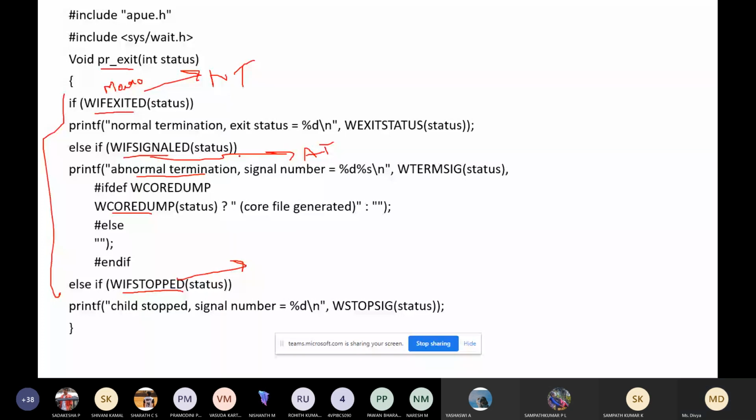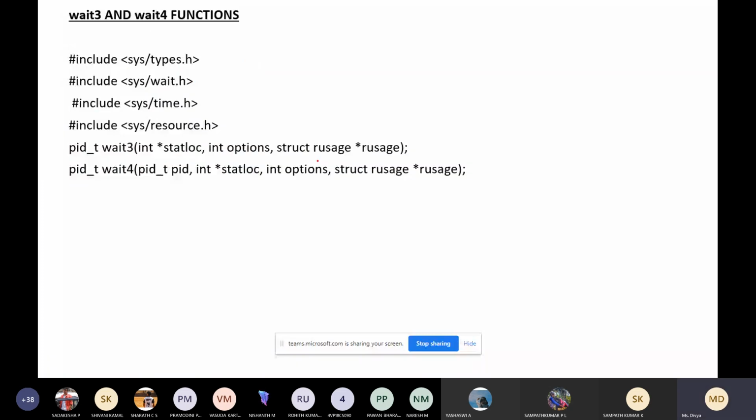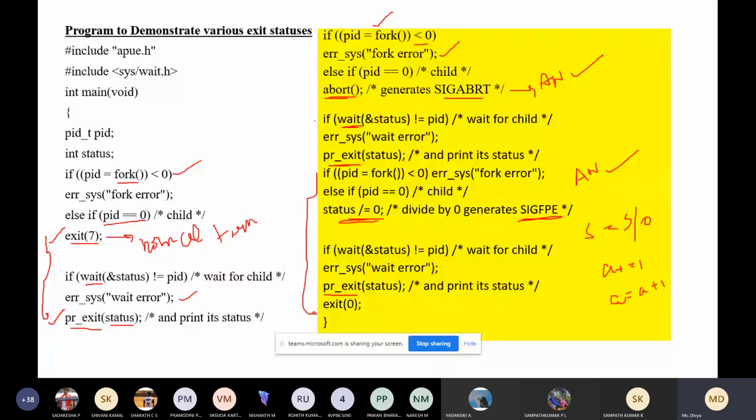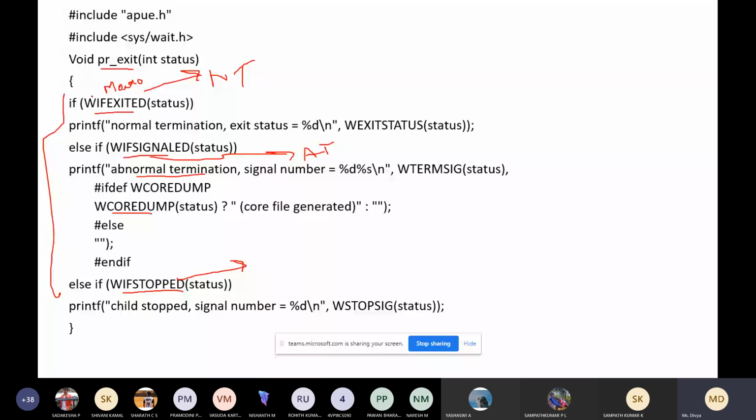So I can see here. So here we are doing normal termination and we are calling here exit function. Okay, what happens here? Okay. So we are calling the normal execution. Okay, we are calling here exit function. Now it will enter to this pr_exit function. So in this pr_exit function, okay, it will return true, correct? Because this is a macro which is meant for normal termination and it returns true.